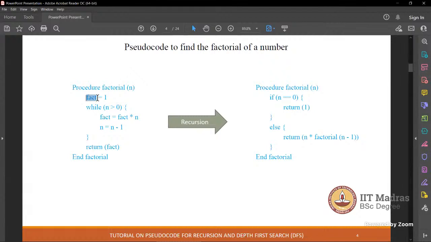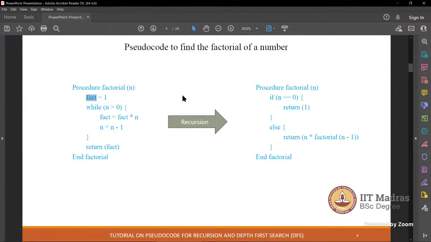Fact is a variable. There is no relation between factorial and fact. It is just a variable inside this procedure. I can call it, maybe, ABC. The procedure we name factorial and the answer-holding variable is fact. Am I right? Correct. Factorial is a procedure and the answer which is getting held is in this variable called fact. Okay. All right. Shall we continue? Yes, yes. Thanks. Okay.